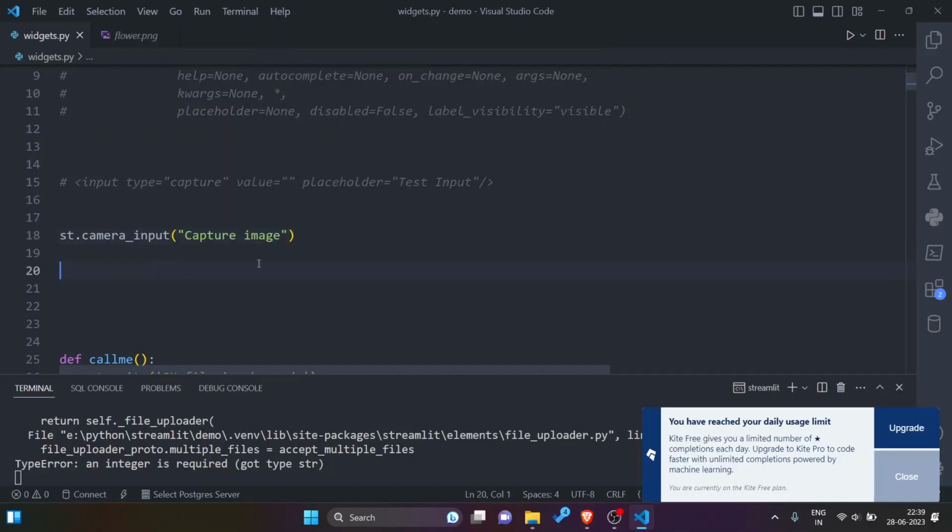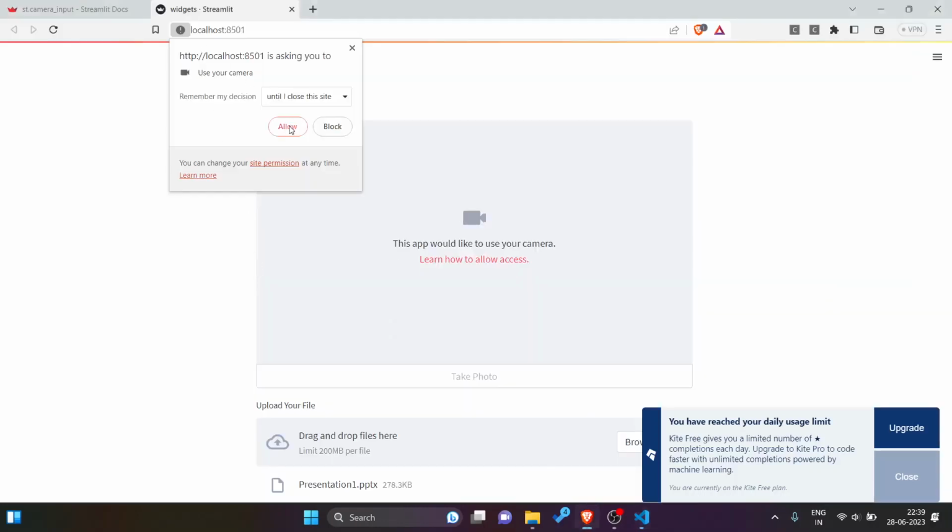Then see what happens here. Because camera is something related to privacy, the browser asks for camera usage, device camera usage. If you allow it, then this camera will start taking pictures.